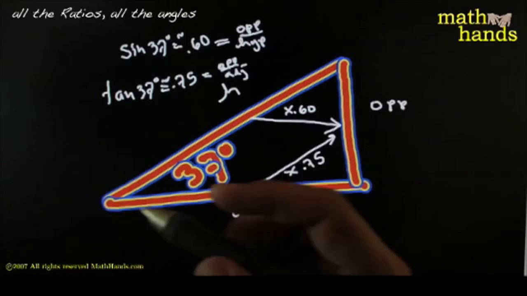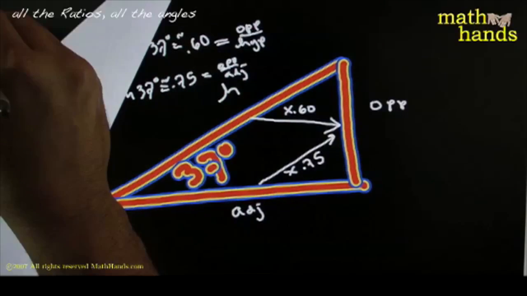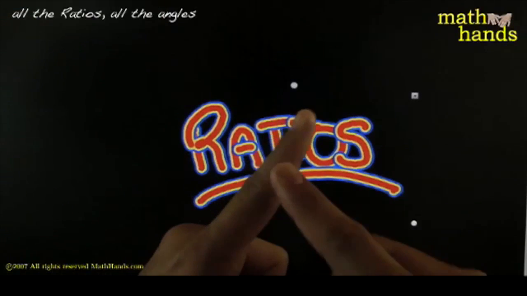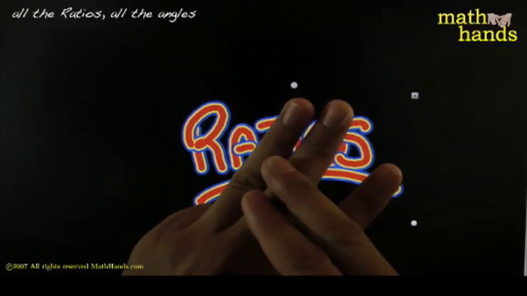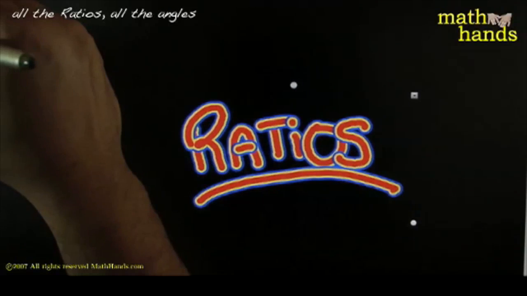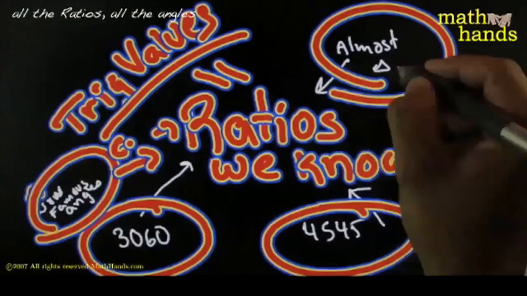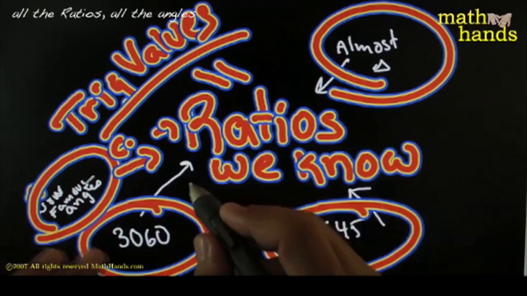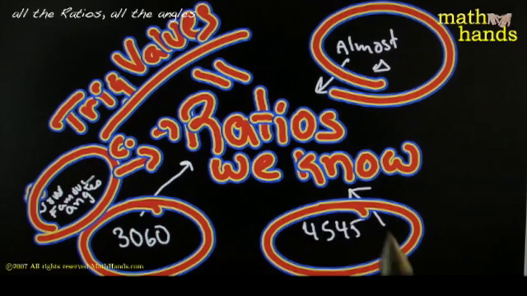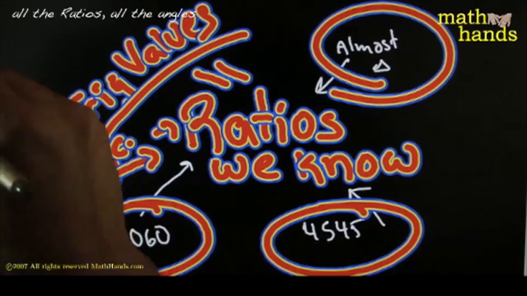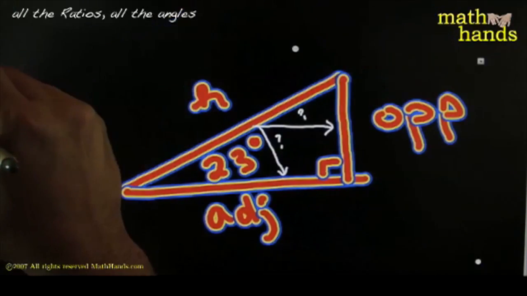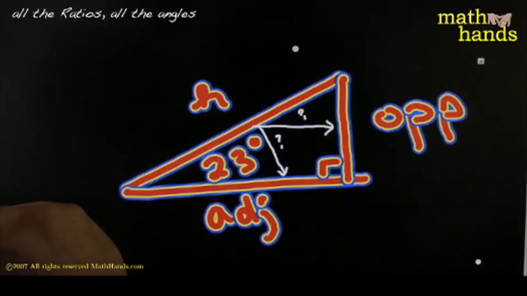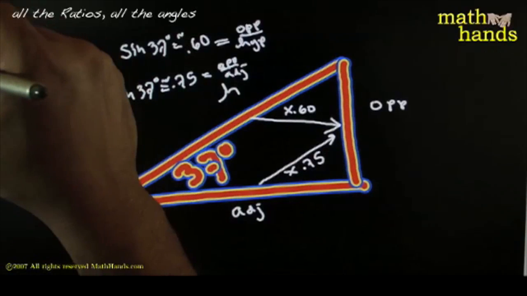And I promised you, why are the ratios so important? Because every single time you know one side, the ratios will give you the other two. That's why they're so important. And of course, we already knew these other ratios, 30, 60, 45. Today, we're all about the non-famous angles, and the calculator, no pride way of finding the ratios. And again, this is where we left off. Ultimately, what we want to do is we want to be able